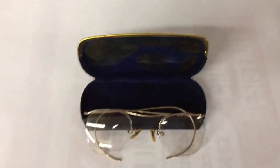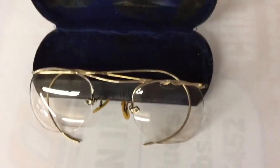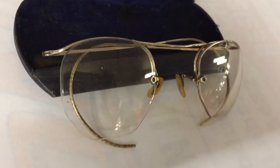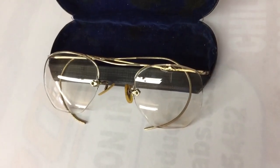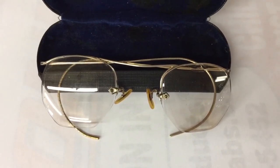Another pair of vintage eyeglasses sold. Again with the cable temples and the gold-filled frames. I thought these would have sold right away, but I've had them since last summer. They were priced at $100, and nobody made an offer. They just paid the $100 for these that I picked up for $4 at an outdoor